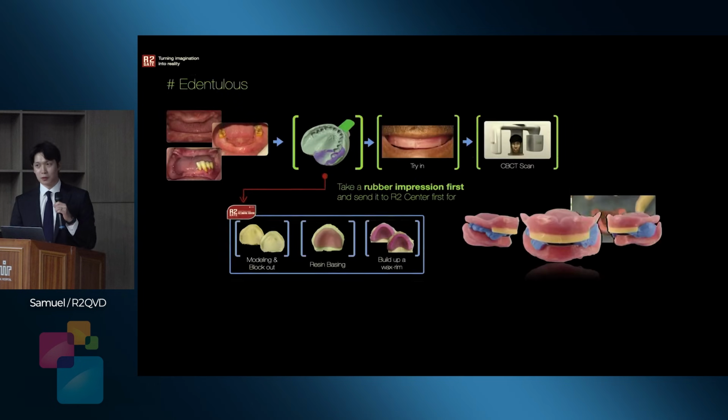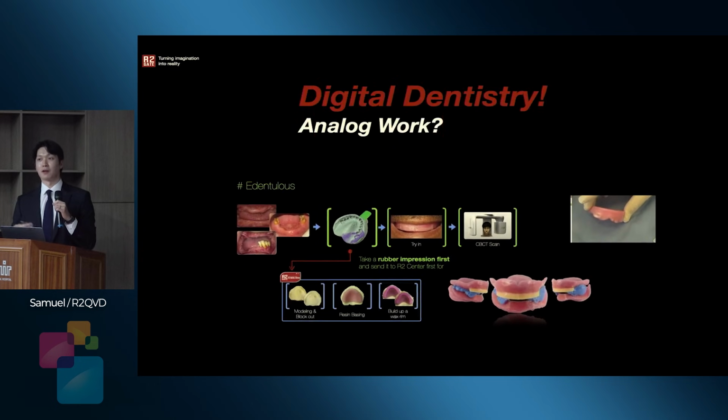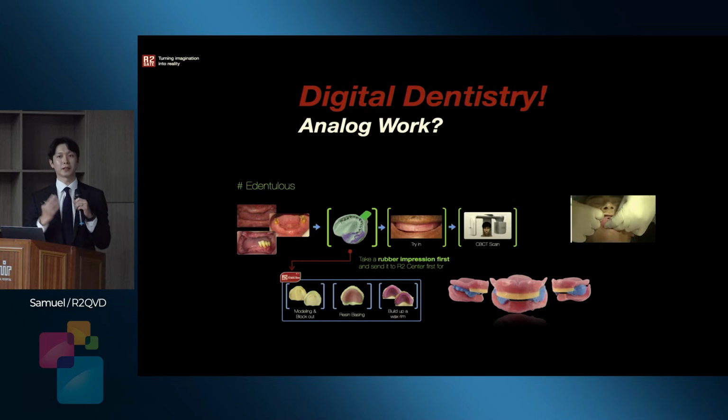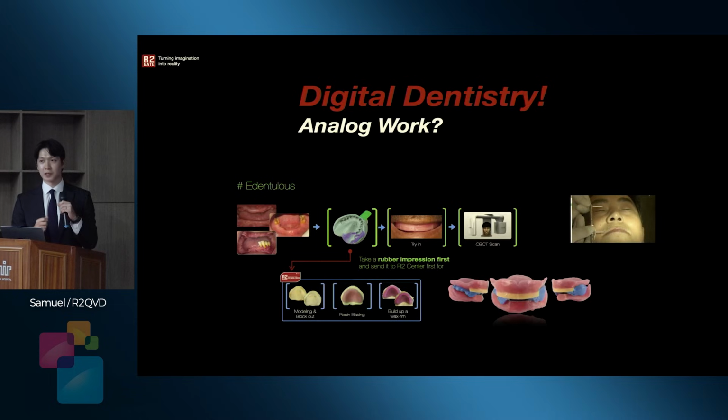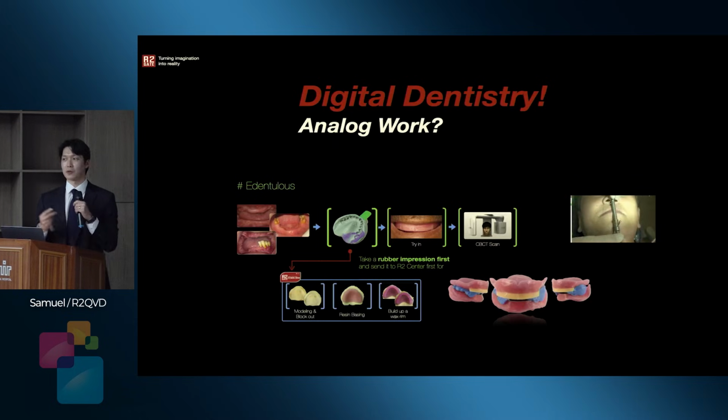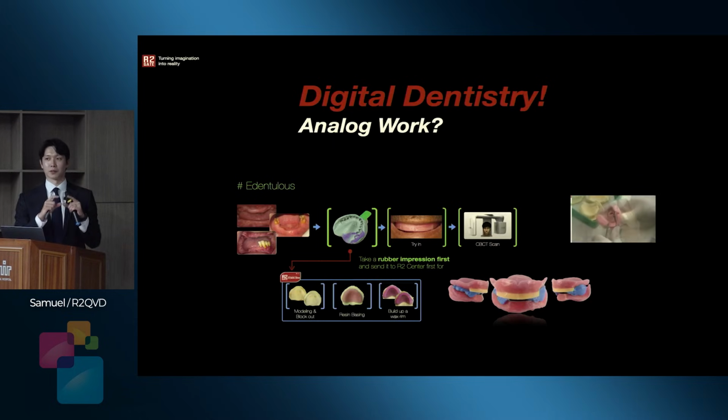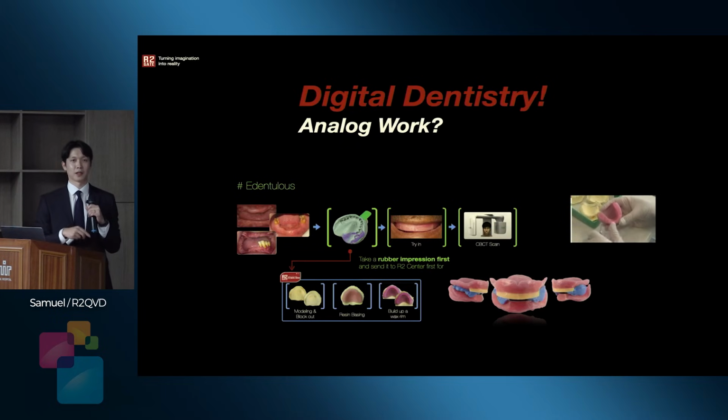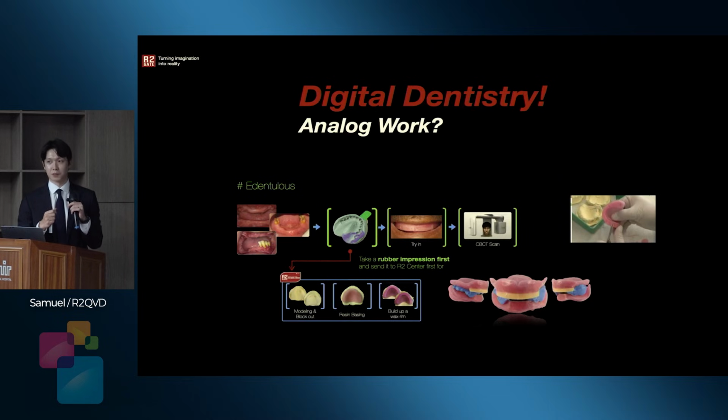It looks simple because we do a lot of jobs, but actually behind this, it is not simple. There are so many processes in here. For example, you have to scan or take an impression and send it to your lab, and your lab technician has to make a wax rim, and the patient has to visit your clinic once again, and you need some adjustment. You need to draw the midline, draw the smile line. You have to do the jaw relationship, everything. And then,